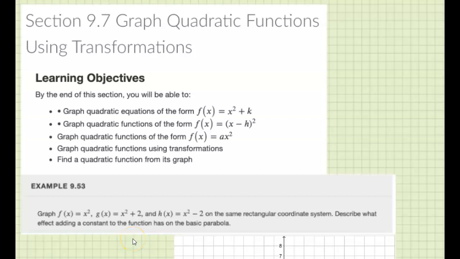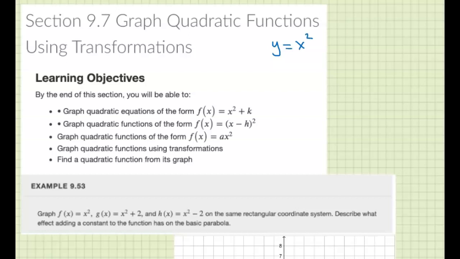Hello and welcome to section 9.7. So we're going to continue graphing quadratic functions, but we're going to graph by transformations, as opposed to properties. So we're kind of going to look at the function in different ways, in terms of, well, if you know the basic quadratic shape. Okay, so we're going to look at the simplest possible quadratic, which is y equals x